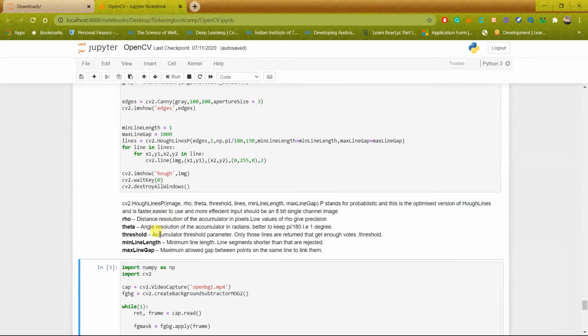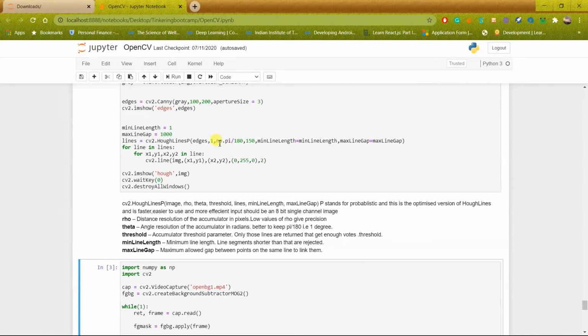After that we have the parameter theta. Theta is the angle resolution of the accumulator. This also needs to be kept low to have precision. I have kept it at np.pi/180. You can get pi using the math library or something like that, but I am using the pi of numpy.